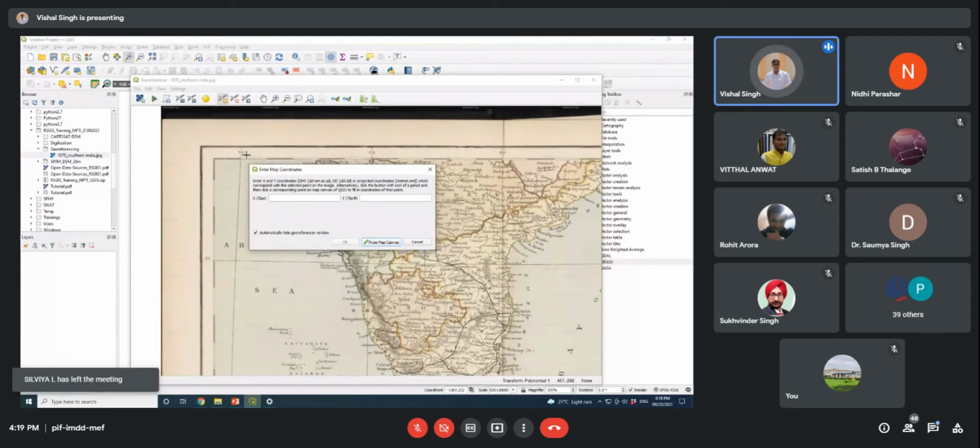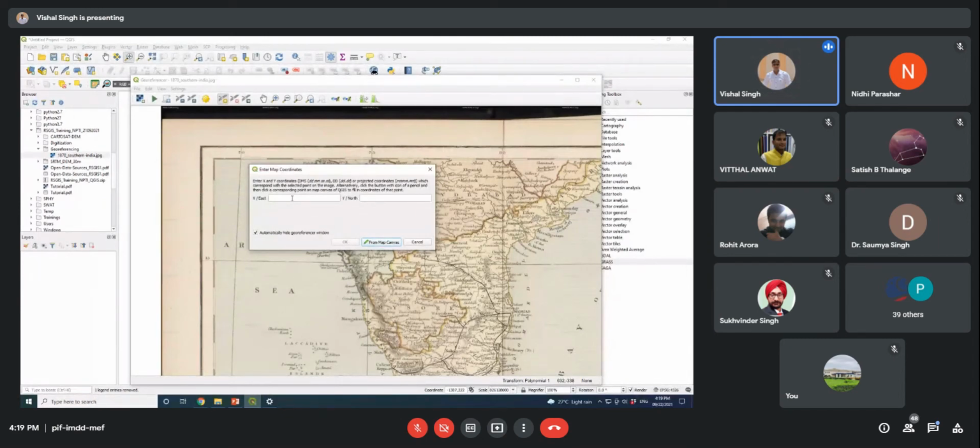But here, as you know, we already have the values in degrees, so we are not going to change from degree, minute, second to degree decimal. But if you use high resolution maps like 1:10,000 or 1:50,000 scale Survey of India topo sheets, or any other map which has the coordinate values in degree, minute, second, then you need to convert the coordinate values into degree decimal form. In the manual I have provided, I have written how you can convert degree, minute, second to degree decimal.